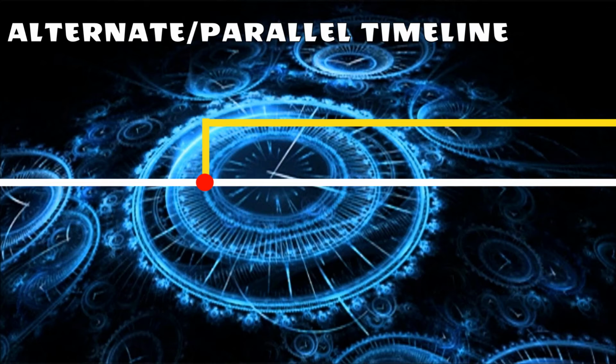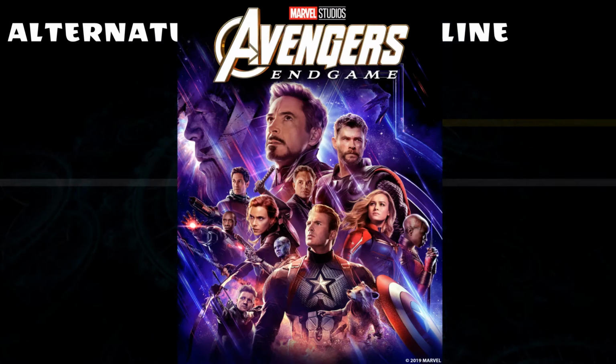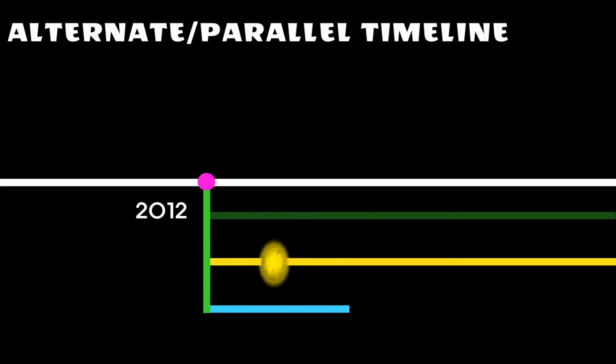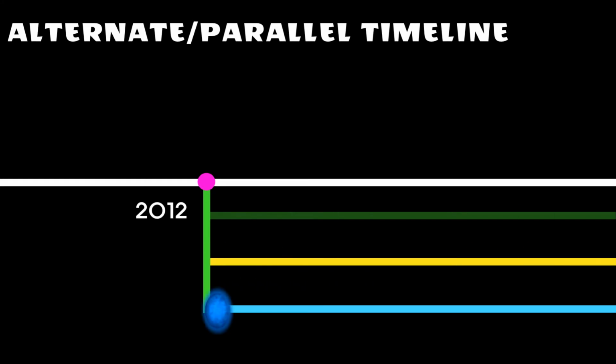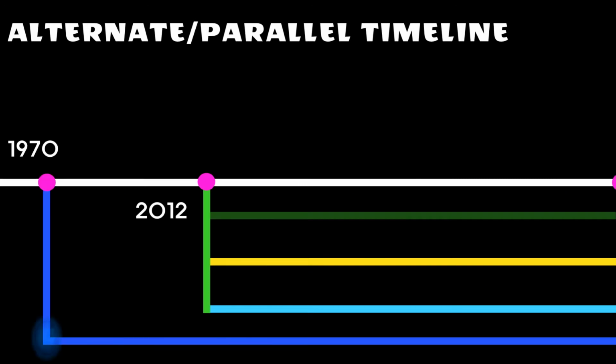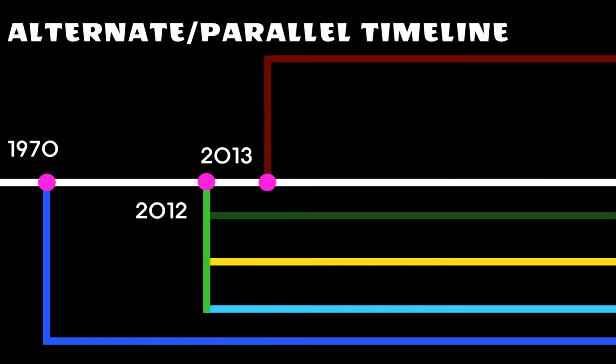The most famous parallel timeline movie is Avengers Endgame. In the movie, the Avengers travel to the past, New York, in 2012. Hulk gets the Time Stone from the Ancient One. Steve gets the scepter. Loki disappears with the Tesseract. So Cap and Iron Man travel to 1970 and steal the Tesseract. In 2013, in Asgard, Thor and Rocket steal the Reality Stone and the hammer.